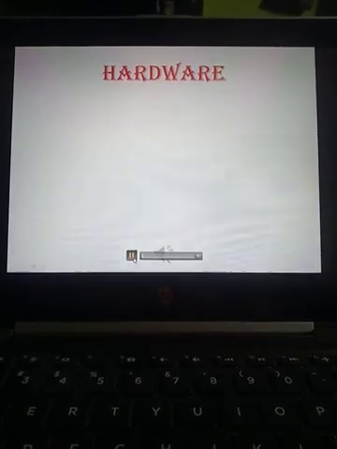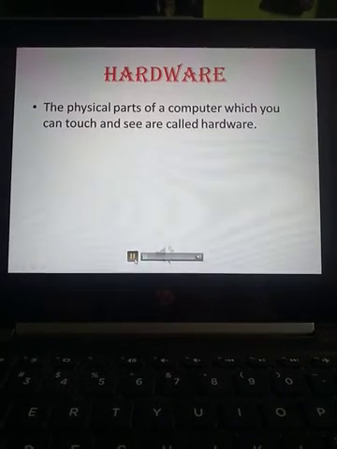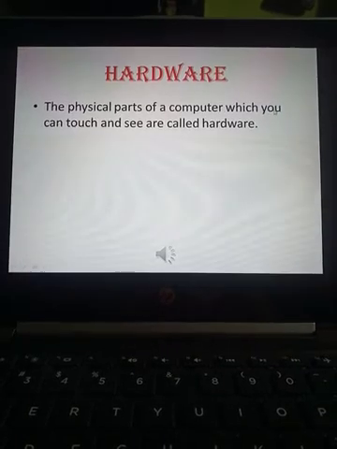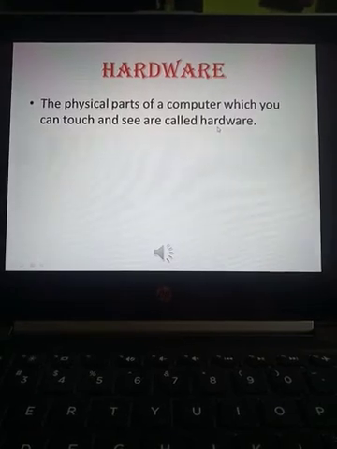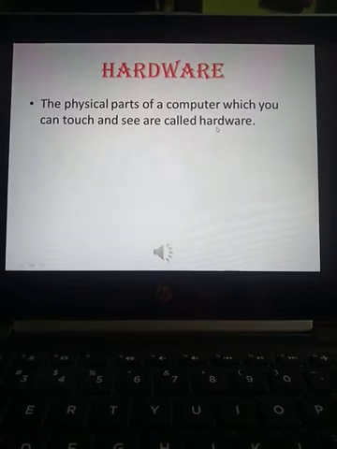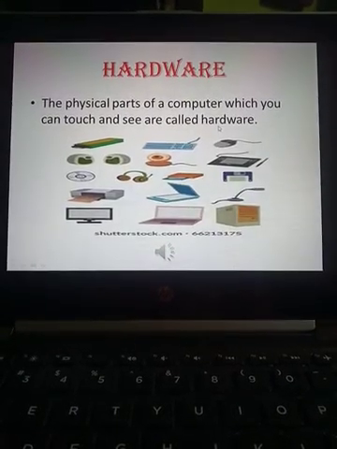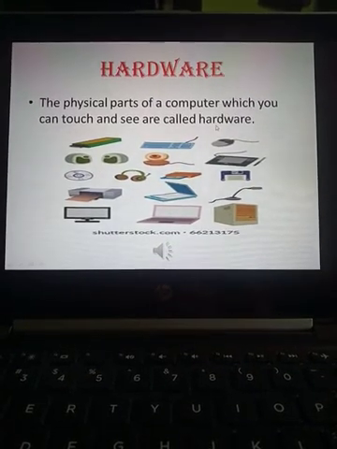So children, what is hardware? The physical parts of a computer which we can touch and see are called hardware. Okay? The parts of computer which we can touch and see. Like you are getting the image.